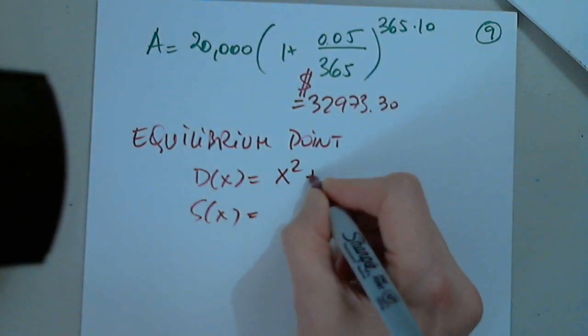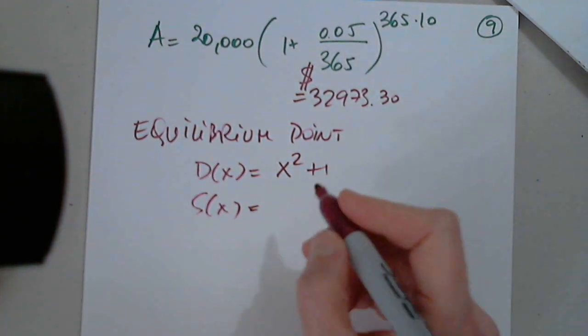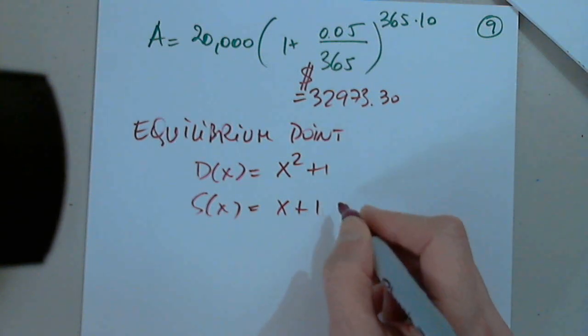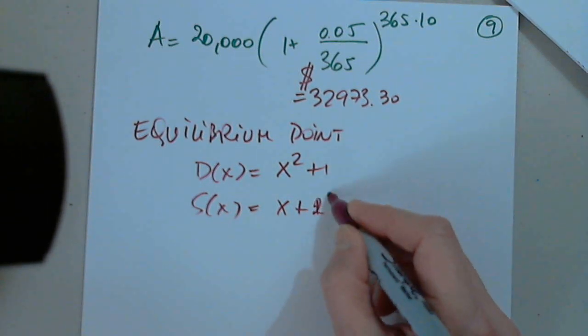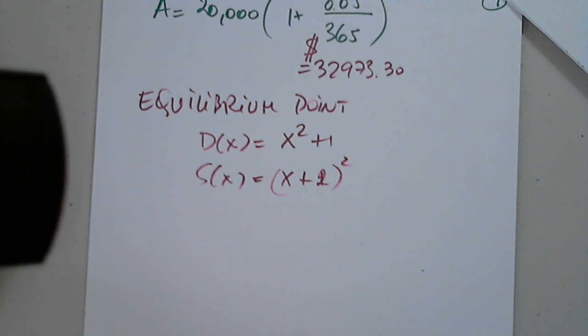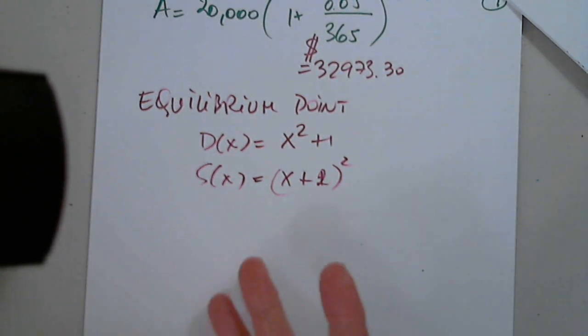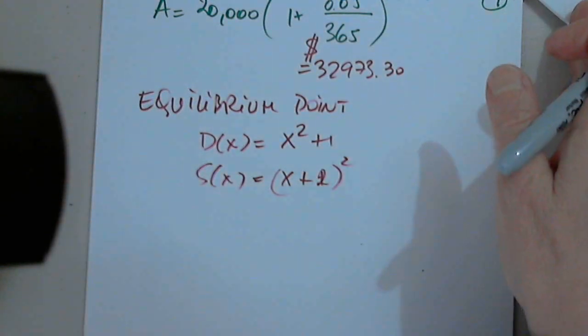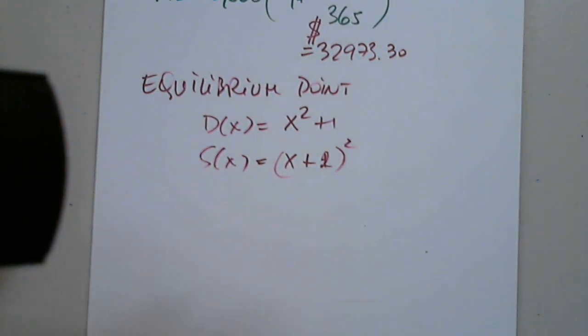Okay, x squared plus 1. And let's say x plus 2 squared. I'm asked to find the equilibrium point. I just made them up. If we get a weird answer, don't get upset. We are just practicing. So